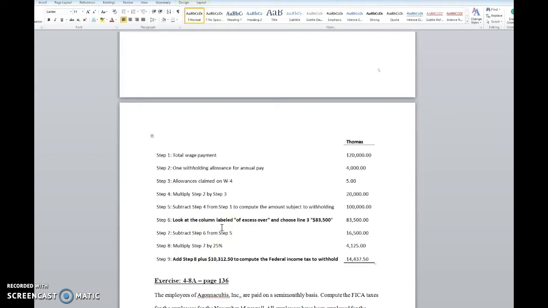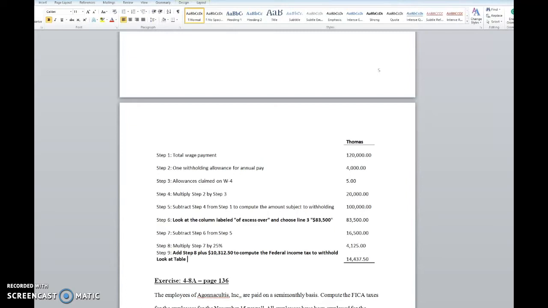for over, married, 7B, and you're going to do $83,500. We're going to subtract 100,000 minus 83,500. We're going to get 16,500. Multiply that step by 25% for 4,125. In this one, we're going to look at